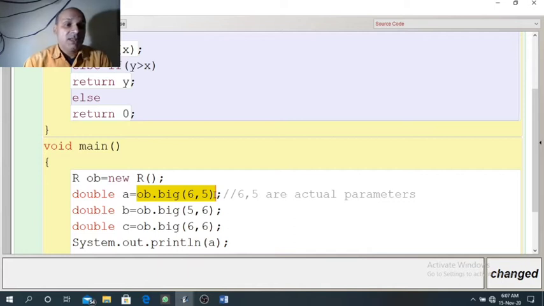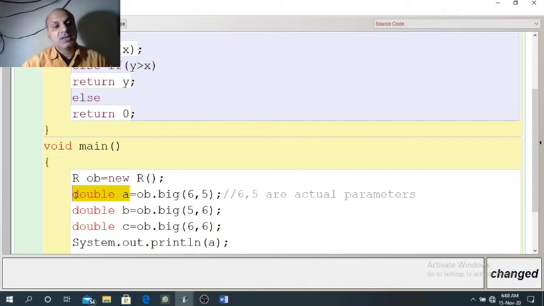It will be received in the same place where the function is called. So whatever I have highlighted with yellow color will receive the return value, that is 6, and this 6 will be stored in variable a. That is why a is designed as double type, because the function is returning a double value. So the return type should be equivalent.